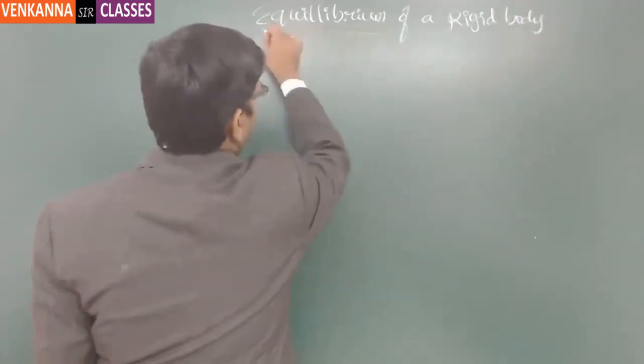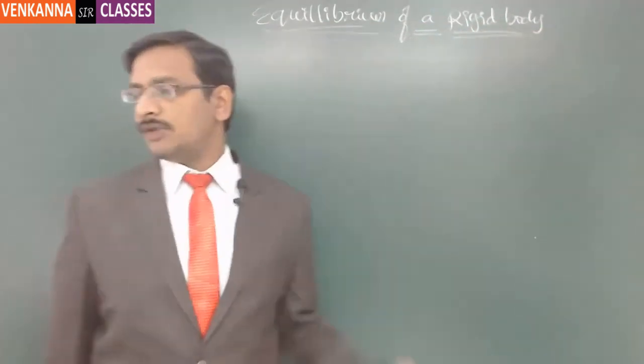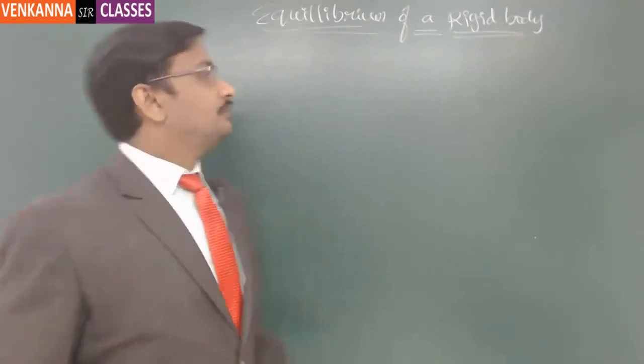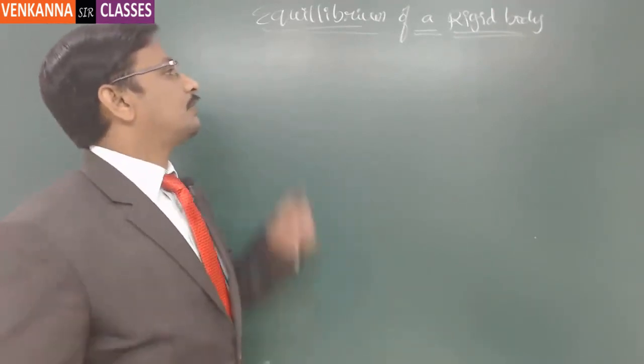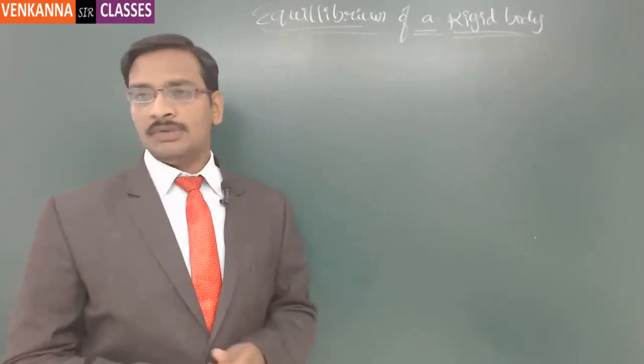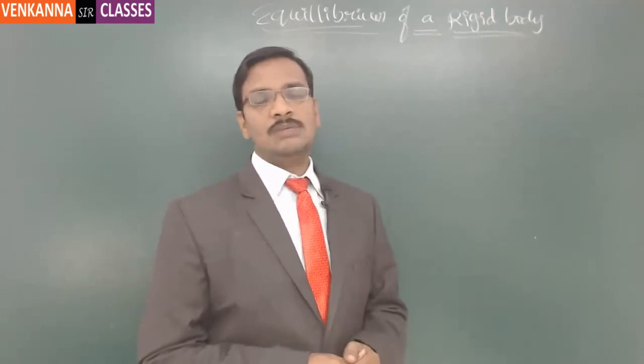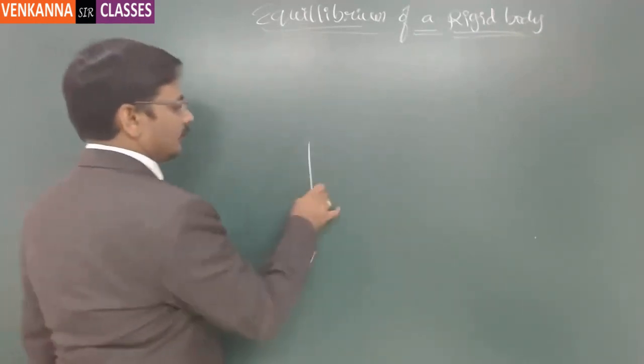So here actually, first we will understand what is this equilibrium of rigid body, then actually we can go into the details. Now, here actually there are different terms, equilibrium and rigid body. So what it means for us is, first, what is a rigid body? Rigid body means, suppose if there is a body like this,